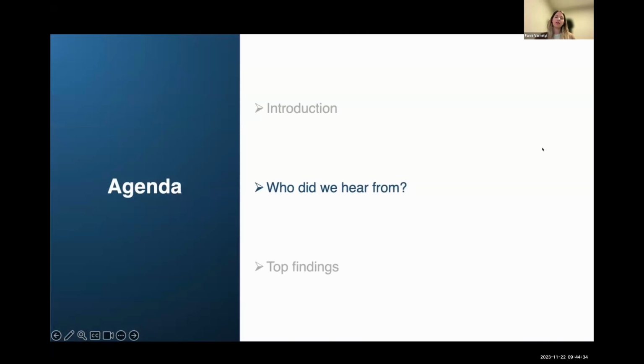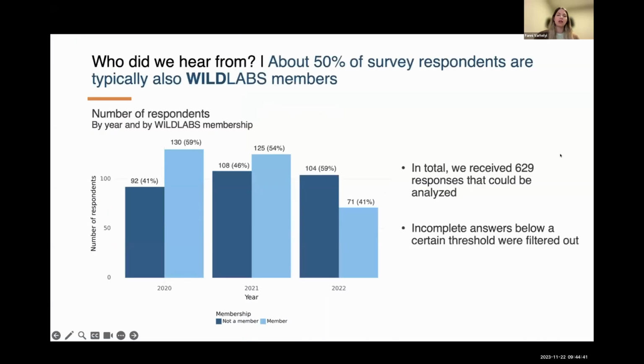So before getting into the results themselves, I wanted to very briefly go over who we heard from across the years. We received over 600 responses that could be analyzed over the last 3 years. And we see kind of an even split across the years. We also see that usually more than half of the people who fill out the survey are Wild Labs members. This was not the case in 2022, but